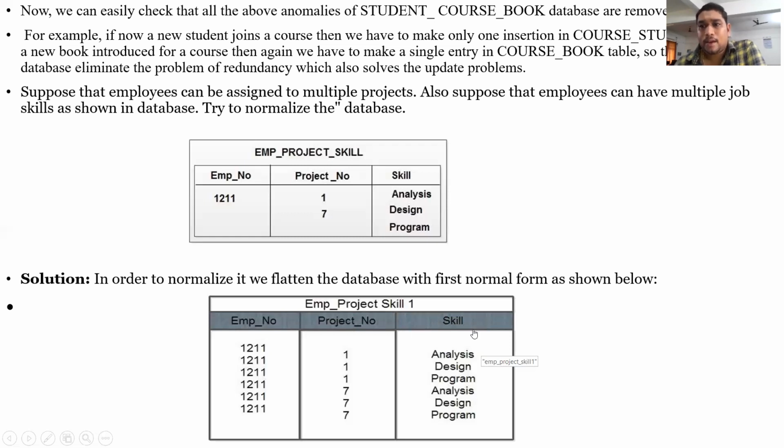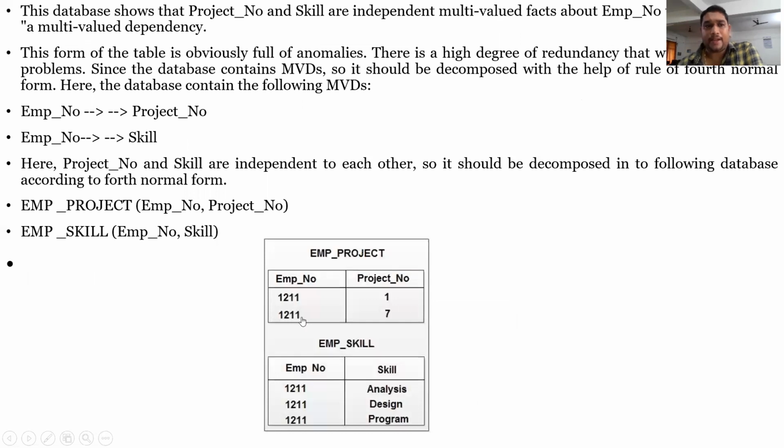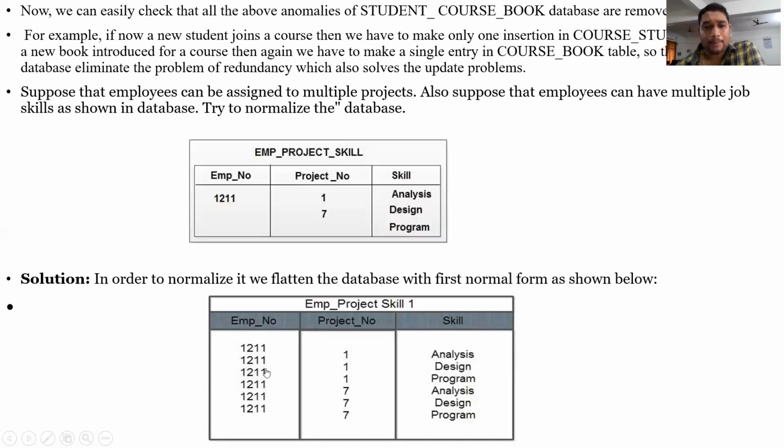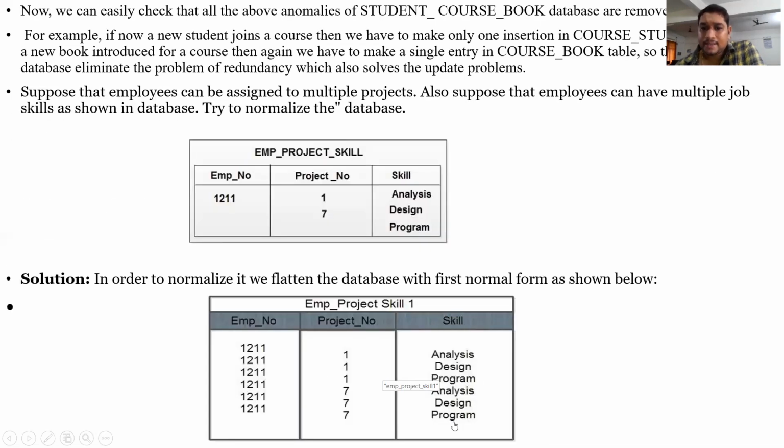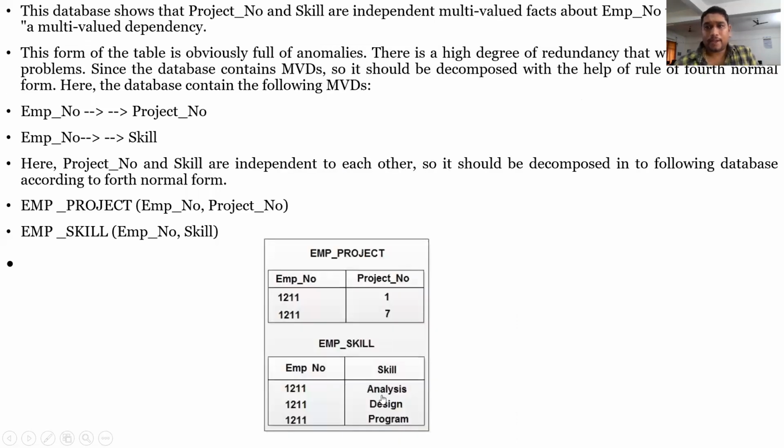Then instead of going for what we call BCNF, directly go for what we call multi-value dependency. This is one. So we have the employee numbers only, which consist of 2 values for every employee. So instead of 6 rows, you go for 2 rows. Next, again you go for employee number to skill, where we have 6 rows. We can decompose that 6 into 3 values. I hope you understand the concept of what we call multi-valued dependencies.